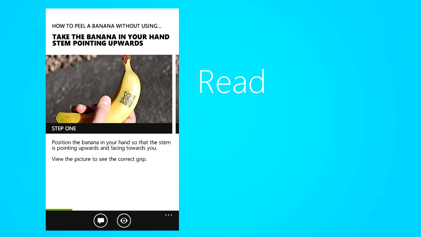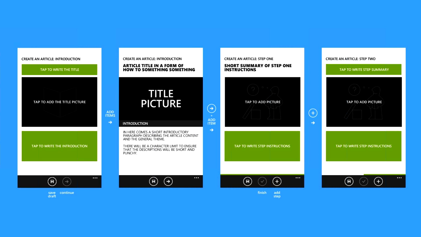This is part of the app is that people can actually add their own how-tos, which is pretty neat. So this is the flow for how you would actually add a new how-to, and it sort of gives you a template where you fill in the blank on each one. So I think this is cool. Honestly, I think the way it is is pretty straightforward, but I just wondered if